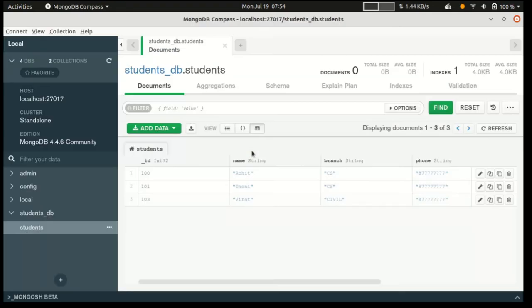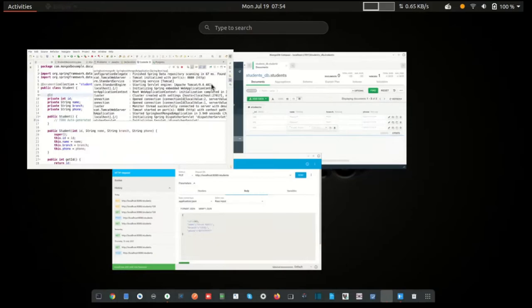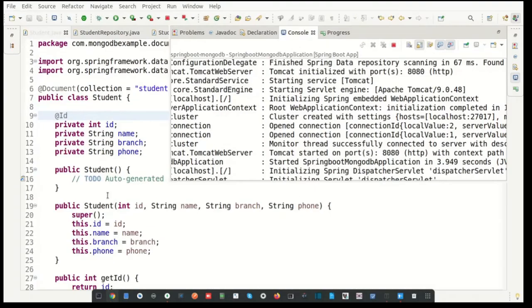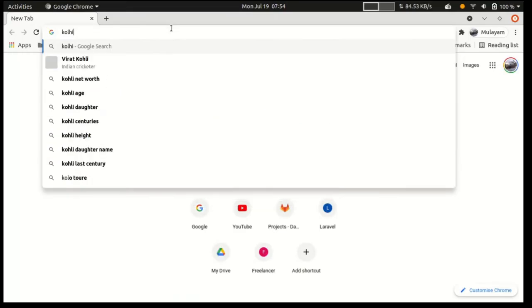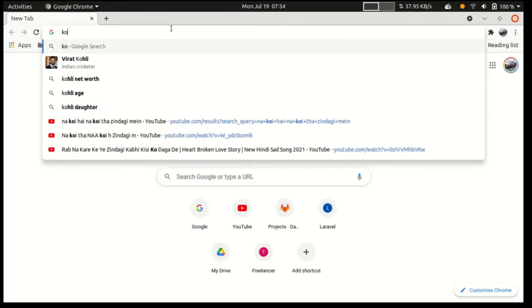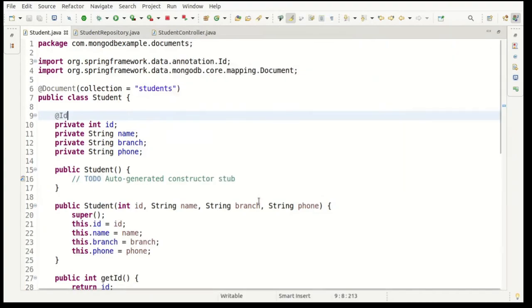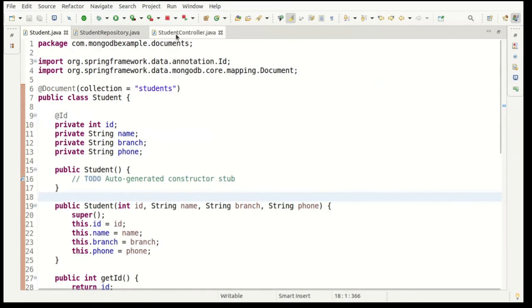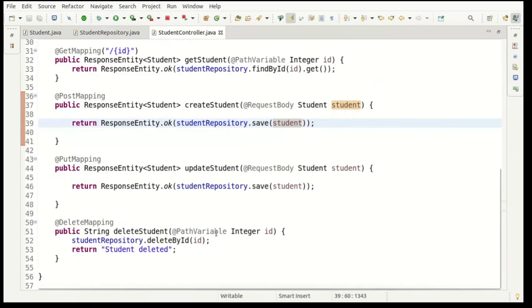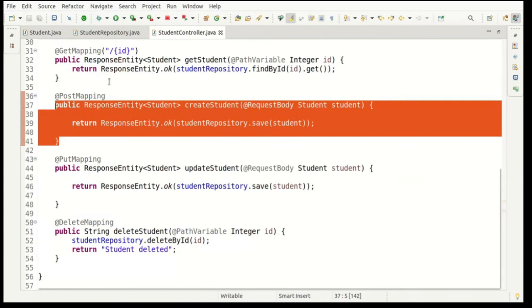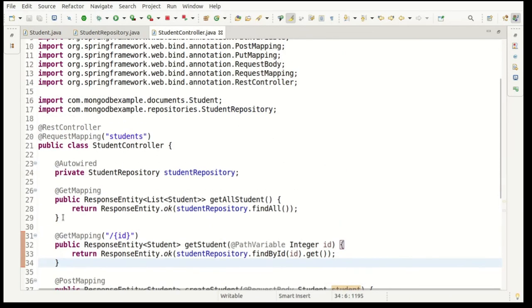If you want to see it here, just find and we can see this complete name. Okay, so update is done, create student is done, and we are able to get all students